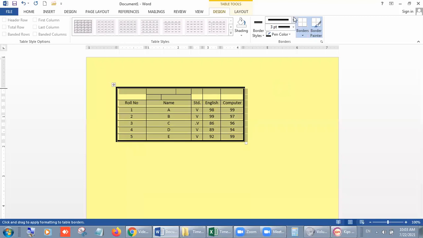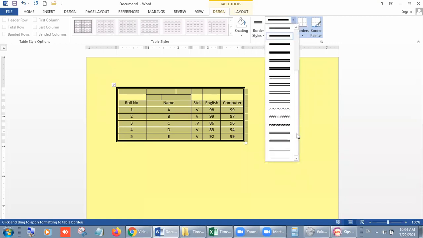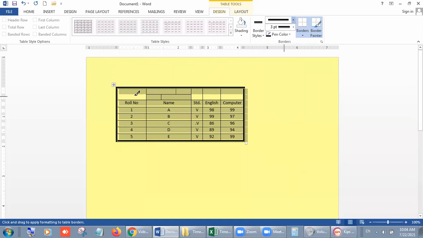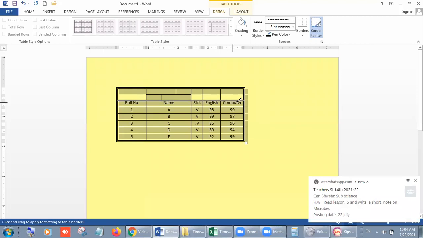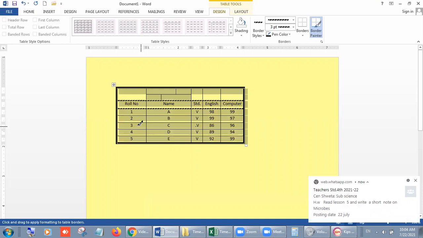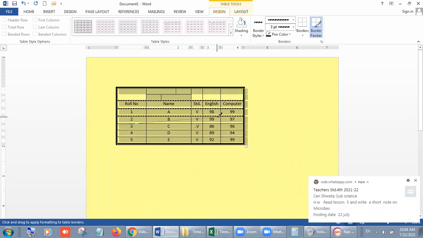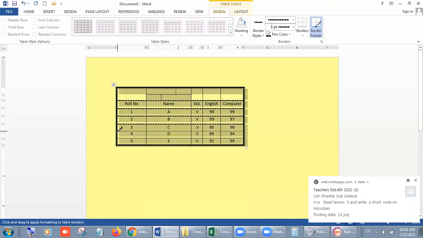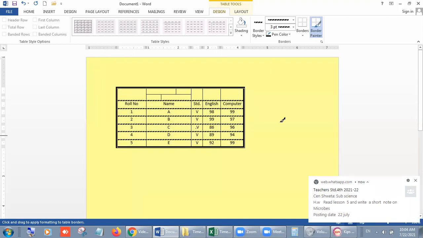Look students, now suppose inside, this is border style. Okay, so you can change the style of it. Suppose you want to do this now. Click inside, 1, 2, 3, 4, 5 and 6.